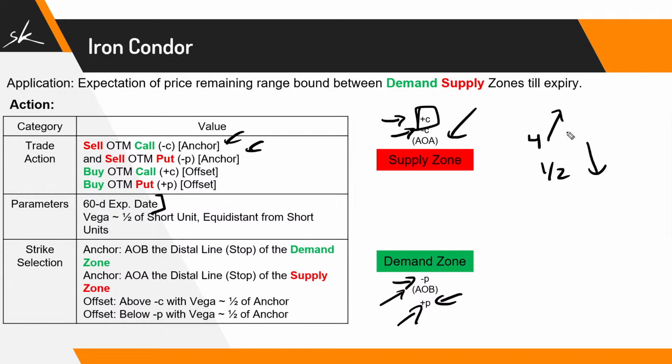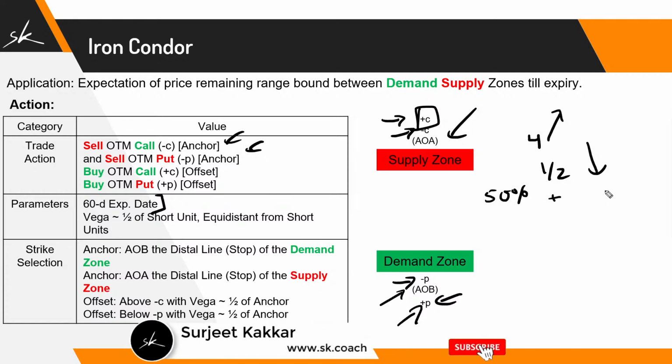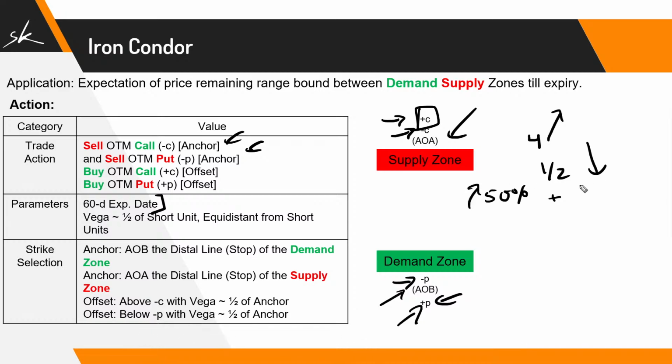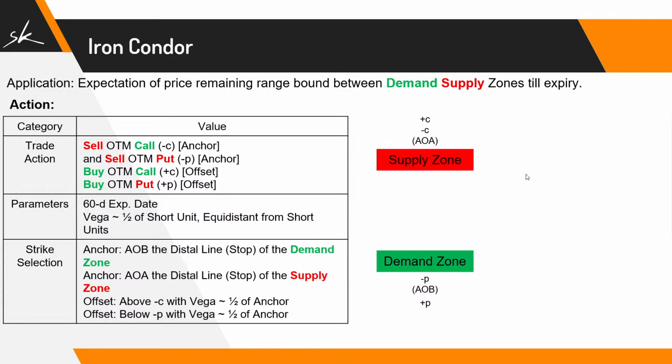And why will it not hurt you much? Because reason number one, you have already reduced your Vega exposure by 50%, plus on top of that, you are doing an option strategy where you are selling options, where time becomes your friend. And since time is your friend, even if Vega is increasing, the time will be paying you, which can to some extent take care of the loss you're making on the Vega. So that is why we are reducing that Vega, so that at least time value can help us in some way. So what are these strikes?